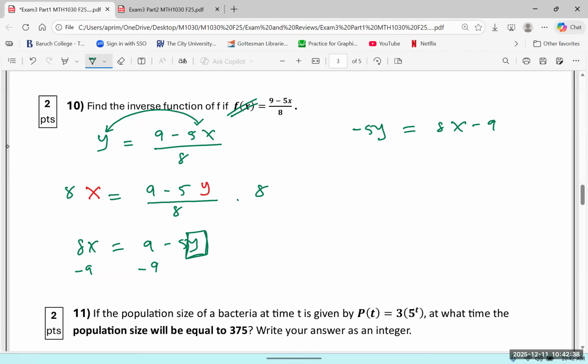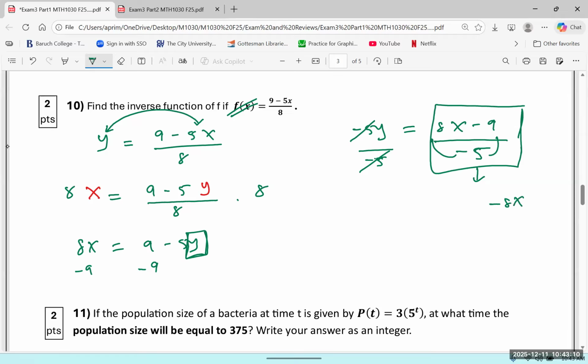Next part. They forgot that they are dividing by negative 5. Instead, they did division by the positive 5, which is wrong. So you have to divide by negative 5 because your goal is to cancel the negative 5, not positive 5. So whatever you have here, that's your real inverse. So it's (8x − 9) over negative 5. If you want, you can rewrite this by distributing the negative. So you get (−8x + 9) over positive 5. These two are the same. Since we don't like to have a negative extra, you can always distribute that negative